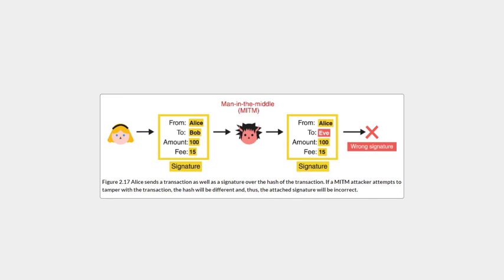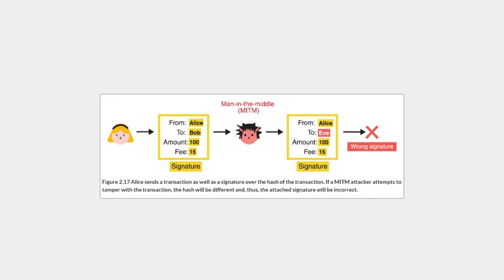Alice, for example, can send transactions to the network, but to have them accepted, she needs to include proof that the transaction came from her. For this, she can hash the transaction and sign it. I gave a similar example in Chapter 1. Anyone can hash the transaction and verify the signature on the hash